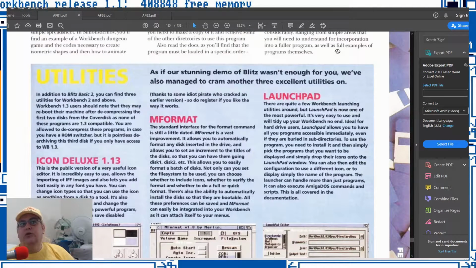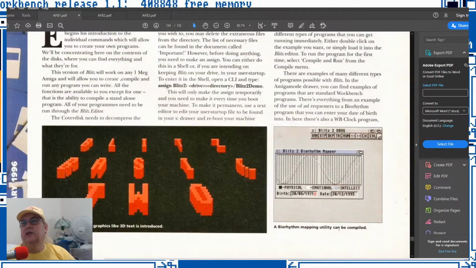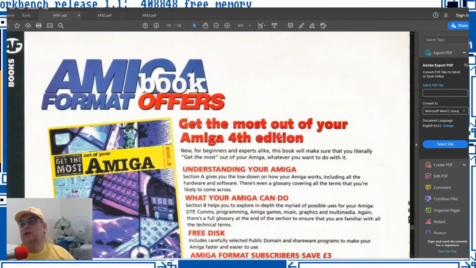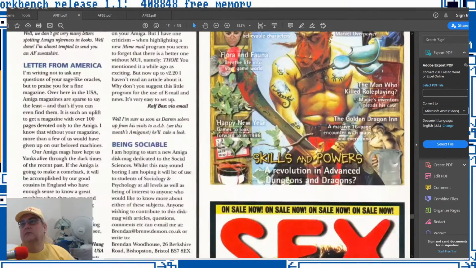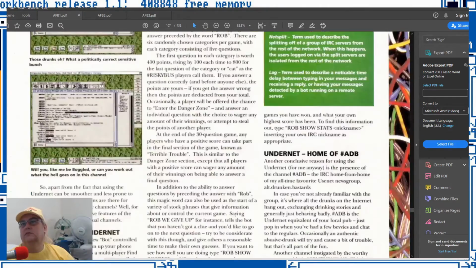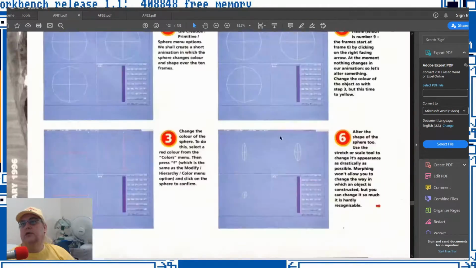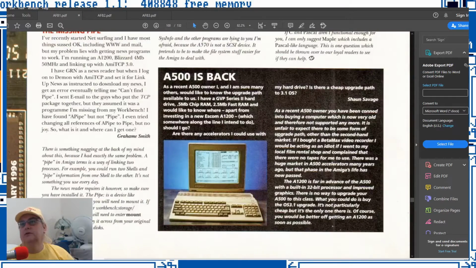But the secret tutorial, the actual tutorial, it's not in the contents page. If you go to page 99, for the real 3D tutorial,